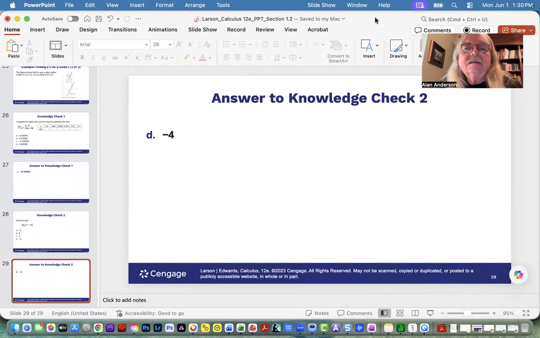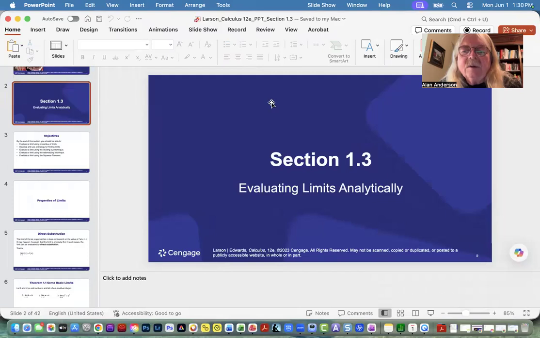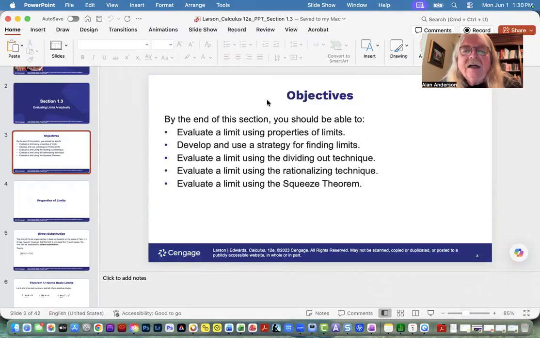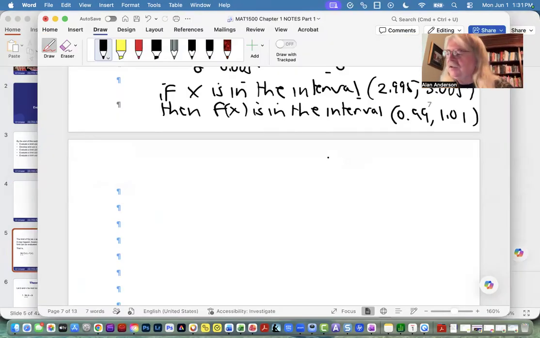Okay. So now we're ready for section 1.3, where we get to actually do this. Properties of limits. In many cases, you can find a limit with direct substitution. Unless there's something very strange about the function, often that's all you have to do. Okay. So just as a quick example,